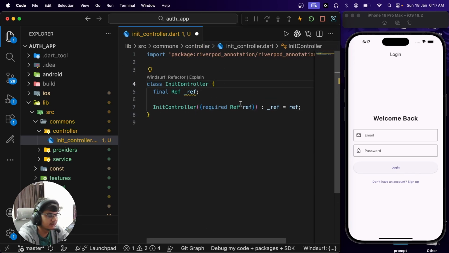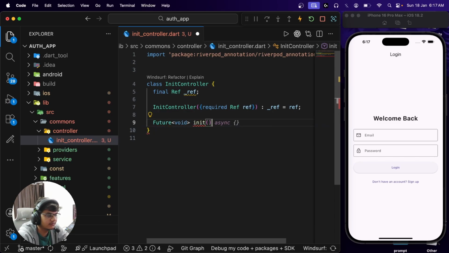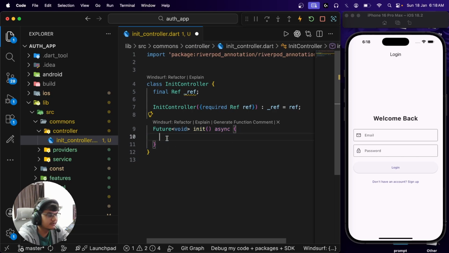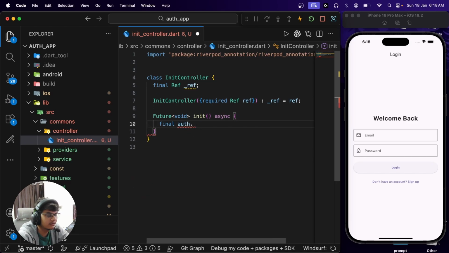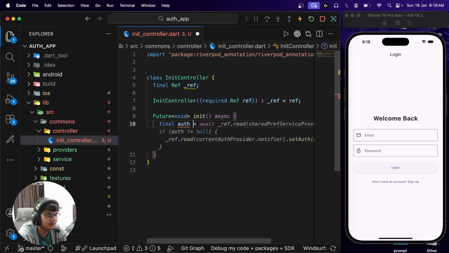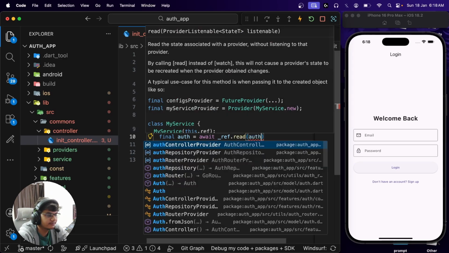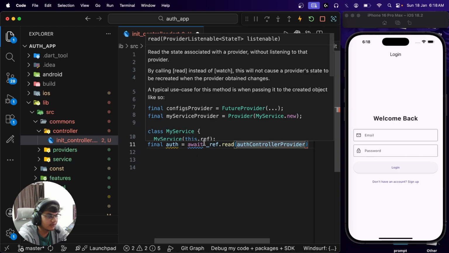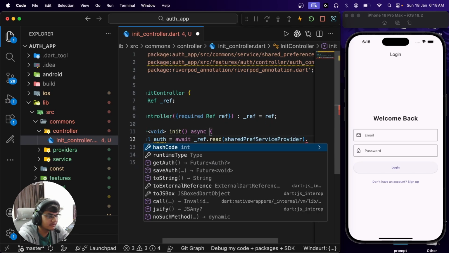And we will again have Future void init. So the sole responsibility of this is to read the auth: final auth equals await ref.read, not the auth controller, but the shared service provider, and say get auth,